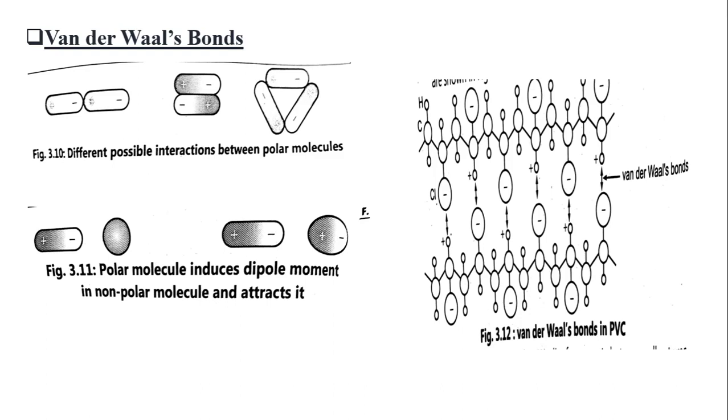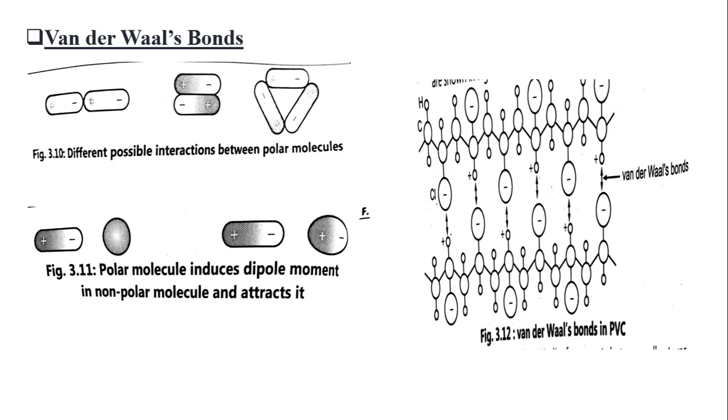The potential energy that arises due to dipole-dipole interactions is negative, signifying that the force between them is attractive. It is observed that the dipole-dipole interaction energy between two molecules is proportional to 1 upon r raised to 6, and the force is proportional to 1 upon r raised to 7, where r is the separation between two molecules. This shows that this force is short range and acts on neighboring molecules only.